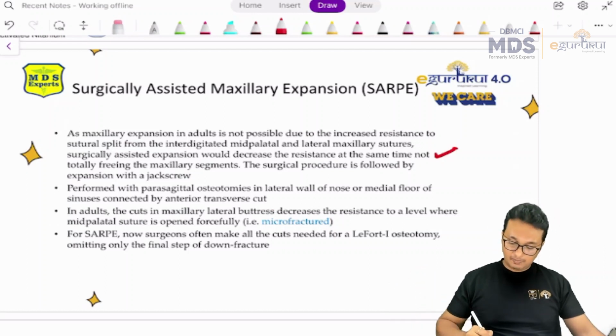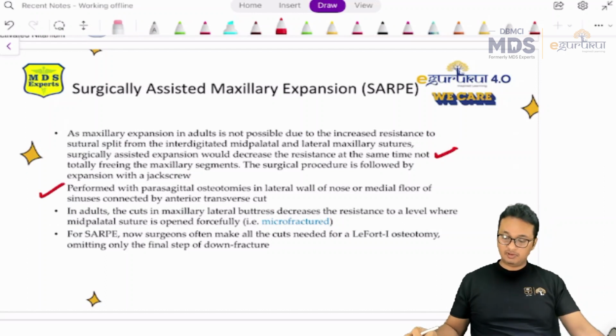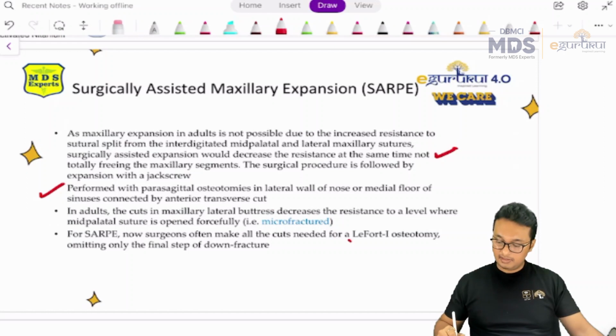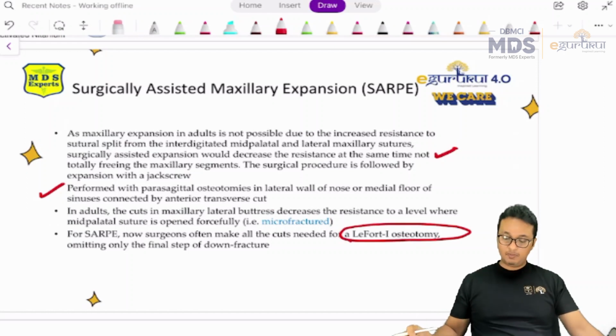So it is performed with parasagittal osteotomies in the lateral wall of the nose or medial floor of the sinuses, connected by an anterior transverse cut. In adults, the cuts in the maxillary lateral buttresses decrease the resistance to a level where the mid-palatal suture is opened forcefully, that is, microfractured. And for SARPE, surgeons often make all the cuts needed for Le Fort I osteotomy, omitting only the final